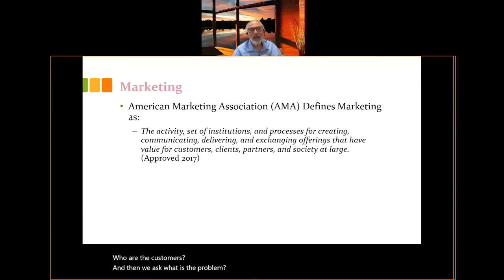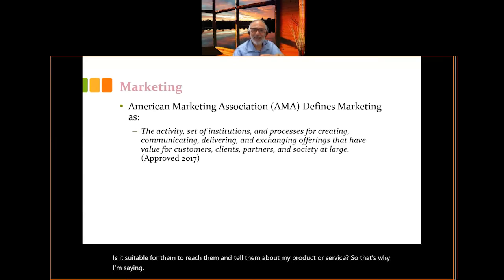Why are they in need of this product? And then what would be the product? How much will I sell the product for, and how much are they willing to pay for it? Where will they like to buy it? What medium? Now, so you see this number 7. What medium is it suitable for them to reach them and tell them about my product or service? So that's why I'm saying medium comes number 7 or 8,